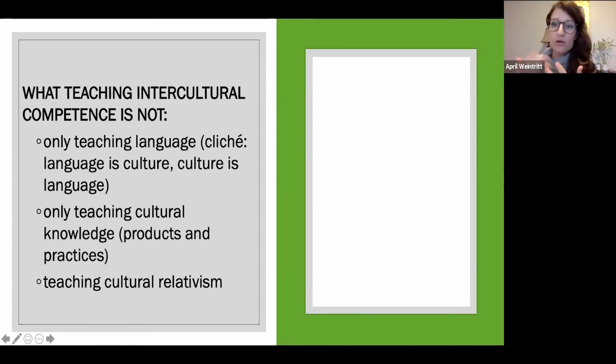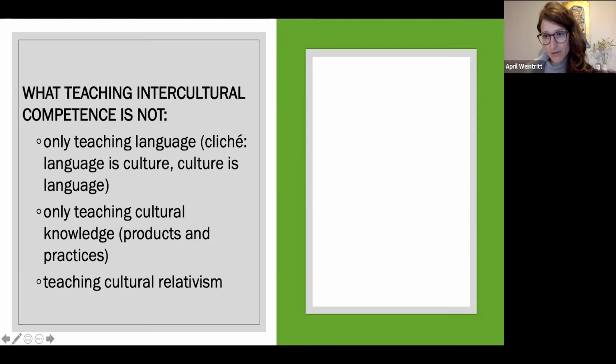We don't need them to lose who they are while they manage cultural differences in conversations. They need to be able to keep that, and they need practice doing these things together. So intercultural competence teaching and learning is not about cultural relativism, right? It's more complex than that, and it's about guiding students as they engage in their own intercultural learning journey,